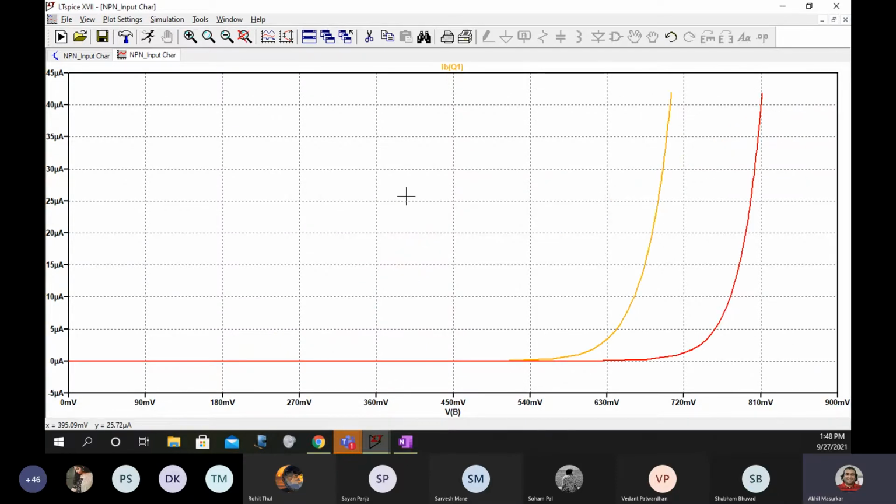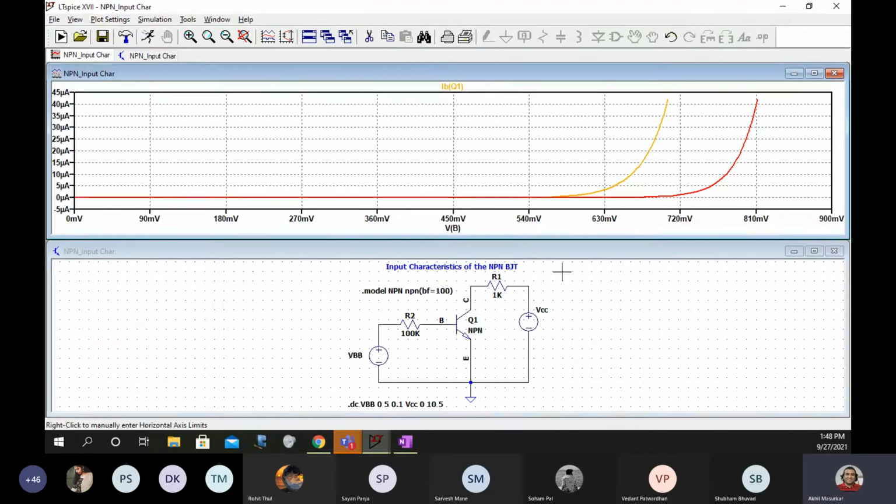So you should be able to see two characteristics like this, one for 5 and another for 10. For 0 you will not see, because if it is 0 then obviously the base current will be 0. So that is why it is not plotting. So now I want you all to show me this characteristics, circuit and characteristics.